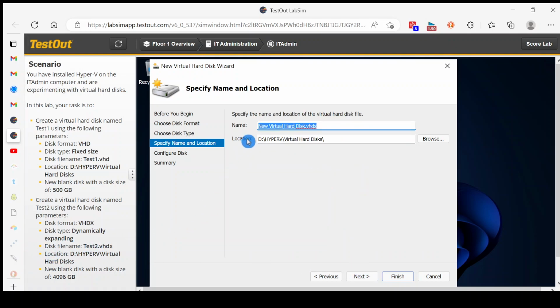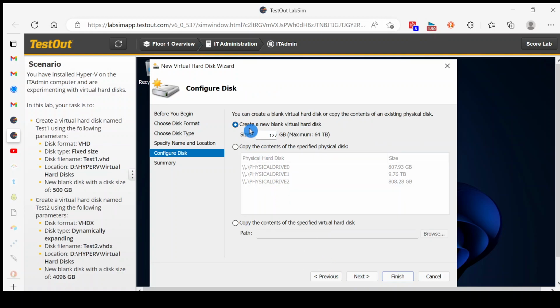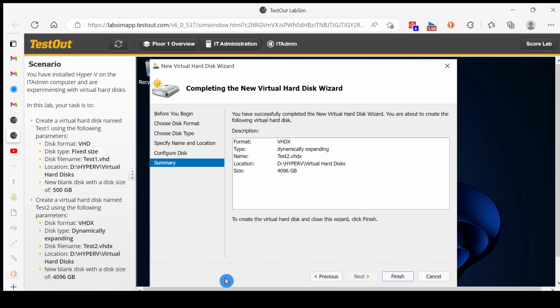And the disk type we want is to be dynamically expanding, and it is, so we'll click next. And the disk file name is going to be test2.vhdx, so we'll click there and backspace and type test2.vhdx. The location we want is d/Hyper-V/virtual hard disks, and that checks out, so we'll click next. And we want the size to be 4096 gig, so we'll type 4096, and then we'll click next,